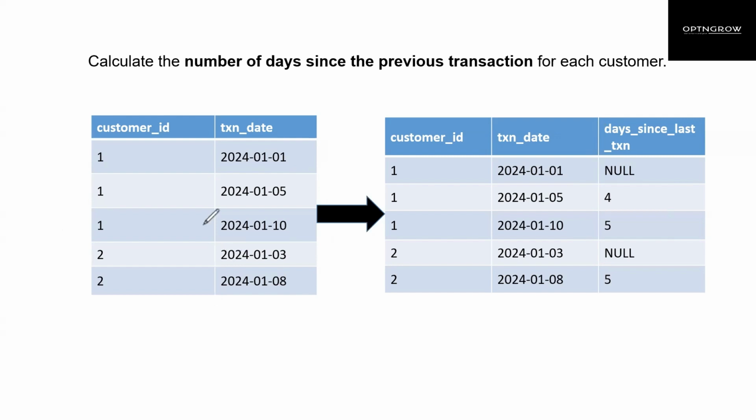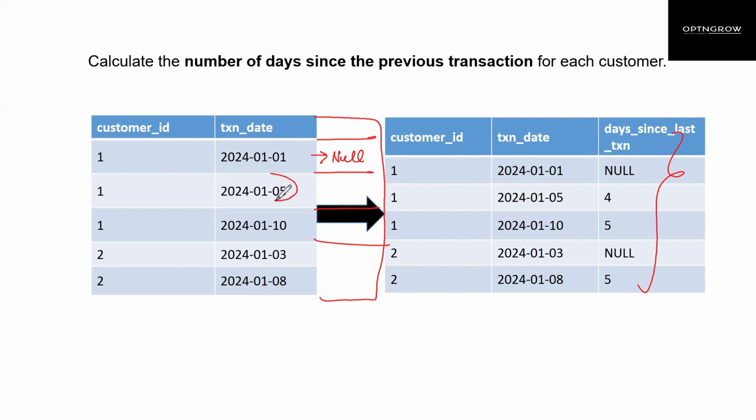Anyways, in order to get this column, the first thing we need to do is capture the previous transaction date. Here, because we do not have the previous transaction date, we are going to return null. For this part, we have the previous transaction date, so we capture it, and so on and so forth. We are going to do it for all the rows. And then once we have this column, all we have to do is subtract this column and this column. Quite simple. Let me show you this column.